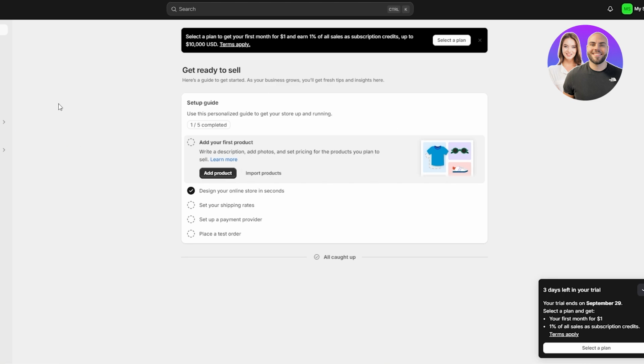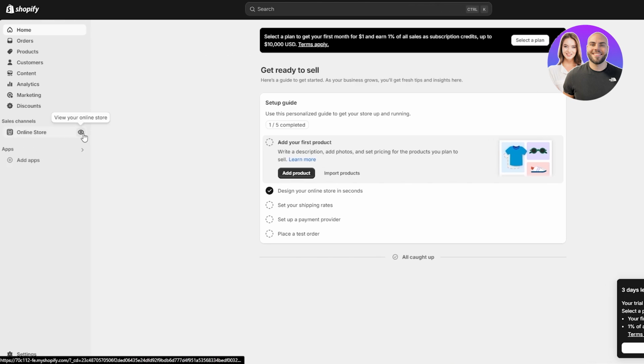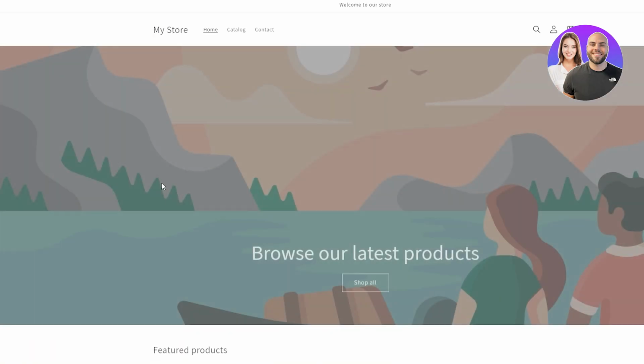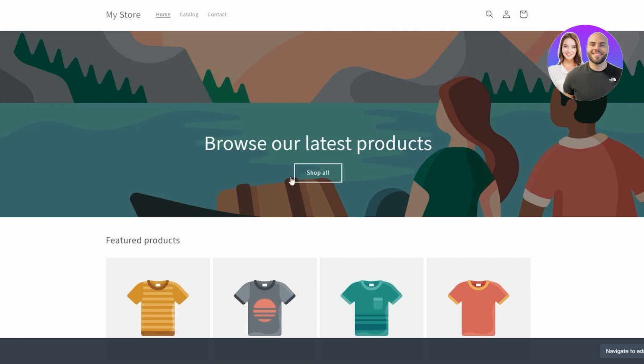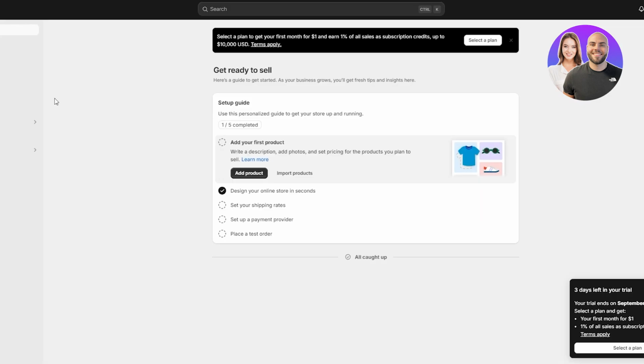So if you come over here, I'm going to show you something real quick. I'm going to open up my store in another tab, and you'll see currently the buttons don't have the shine effect over here. So what we're going to do is go ahead and add it. Now, to add the shine effect,